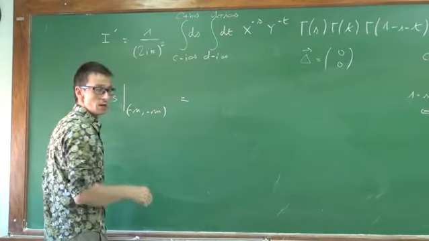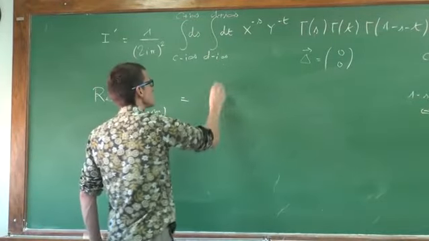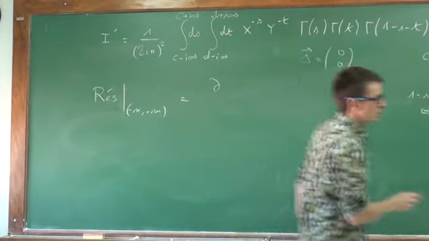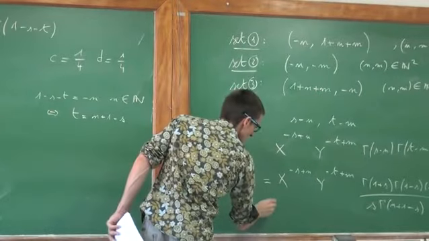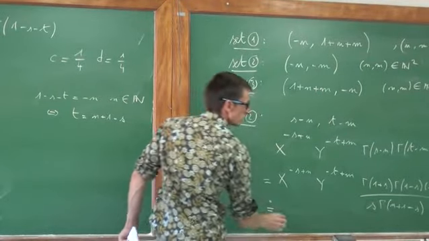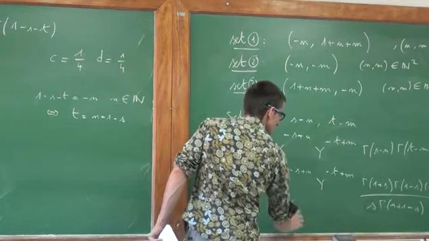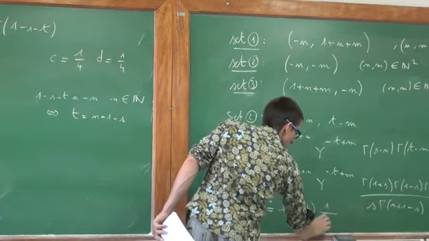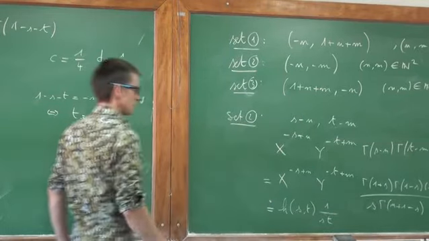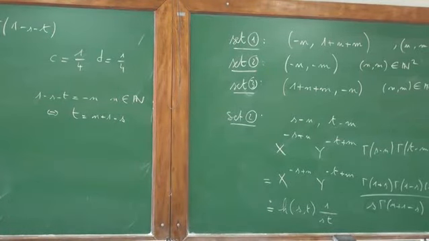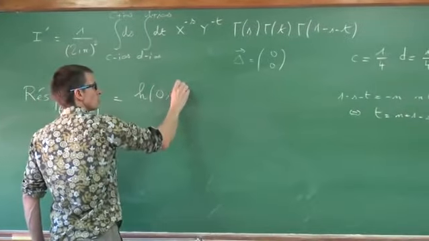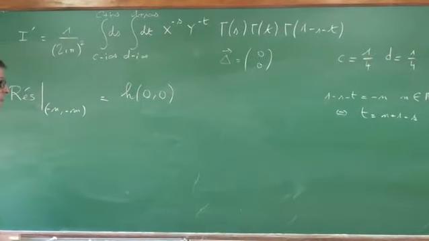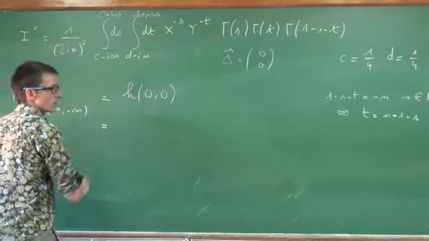If I define this as h of s, t times 1 over s t, the residue is simply h of 0, 0, which is